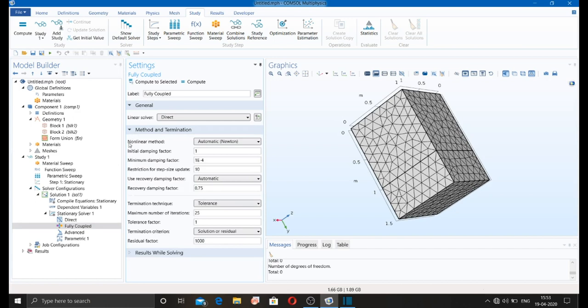If your problem shows that the maximum number of iterations has been reached, then you can change the iteration number from here. So go to the fully coupled method and termination, automatic, constant, anything else you can use.